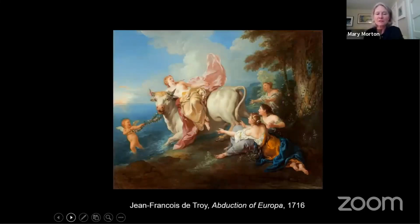by Jean-François Detroy. It's certainly a Rococo painting of the abduction of Europa. Beautiful little picture, great color, wonderful technique, a wonderful story from Ovid of Jupiter who falls in love with the Princess Europa. And so he, as he always was doing, transforms himself into, in this case, a gorgeous white bull. And he kind of moseys over to the group of ladies in waiting, spending some time with the princess, and they fall in love with him because he's so beautiful. As you can see, they start to decorate him with flowers. Europa pets him and climbs up on his back, and kablam, he's out of there, off to Crete in order to procreate, basically, Europe. So a great, wonderful, dramatic subject, but I think taken with a light hand